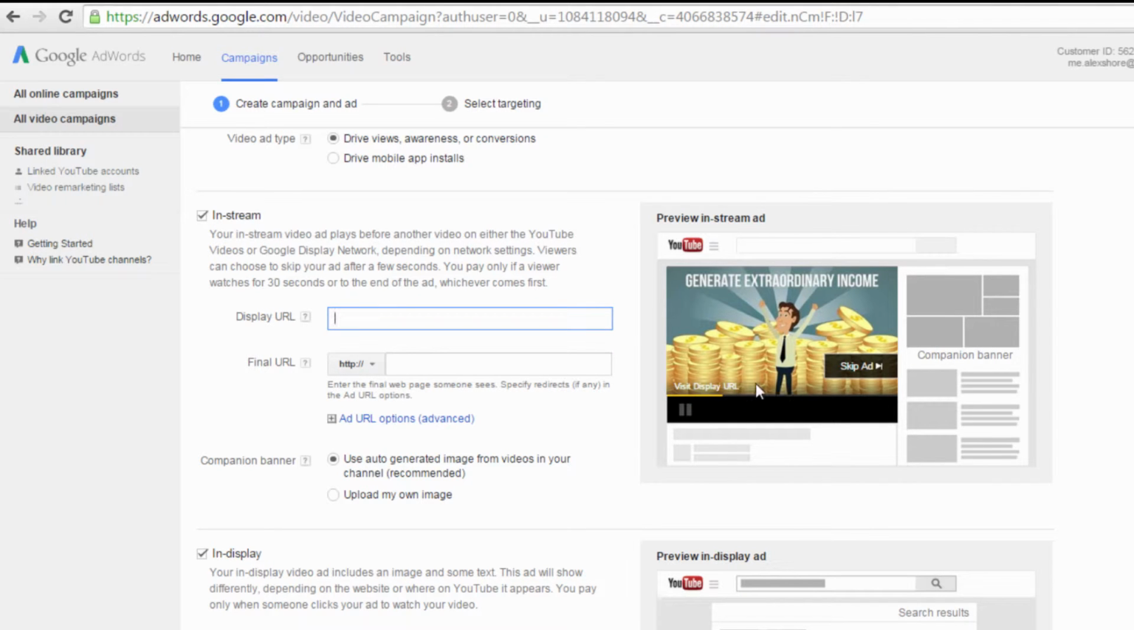This will create a link in your in-stream ad which people can click on. So I'll just type this in real quick. Then over here in the final URL, insert the link to your squeeze page, or maybe your Facebook page. This way, whenever someone clicks on the link displayed, it will send them to whichever page URL you entered in the final URL field. For your in-display ad, which looks like this, AdWords has already narrowed down some video thumbnail